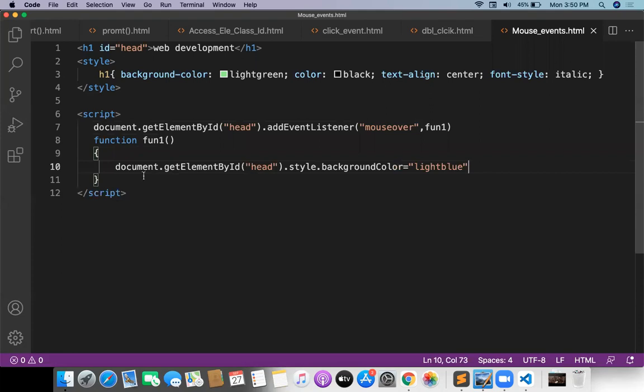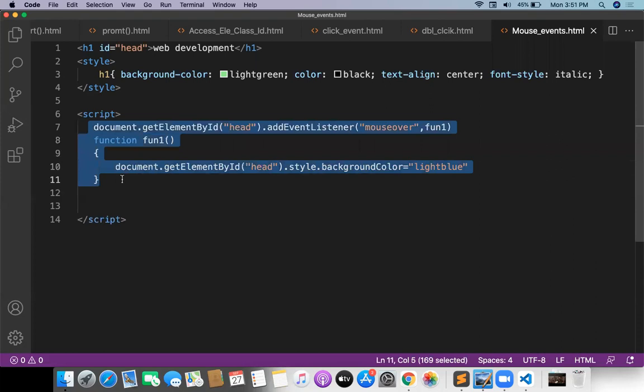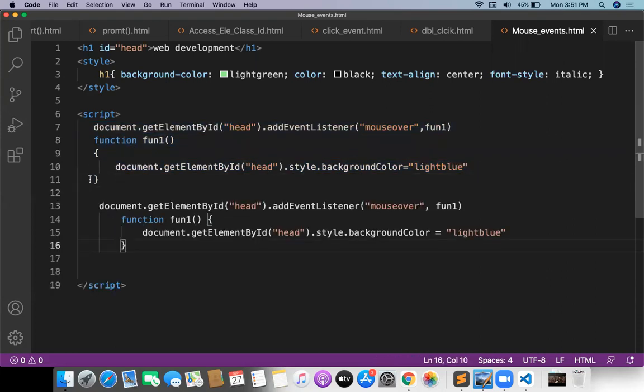Okay, this is the mouse over function. And when I do mouse out, I need to call function 2. For function 2, I will write style dot background color, just remove the background.